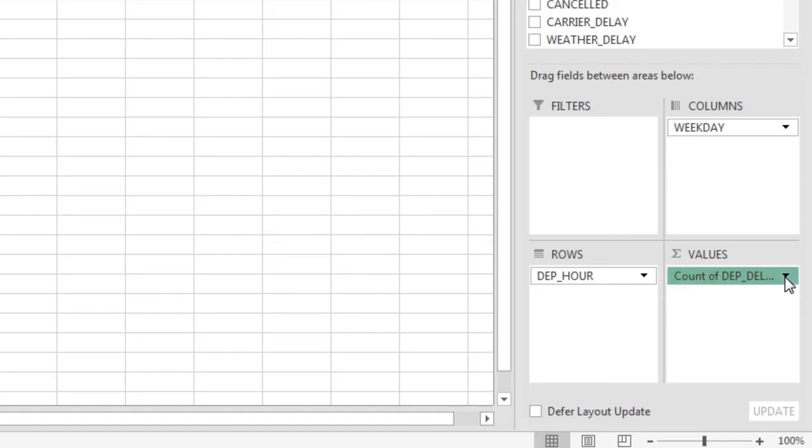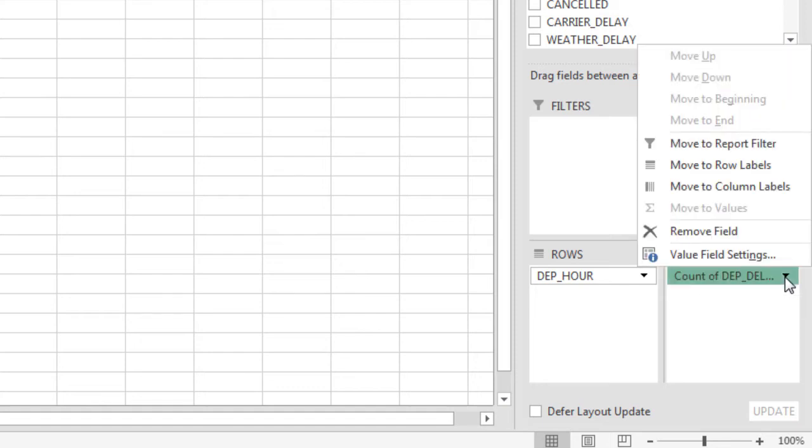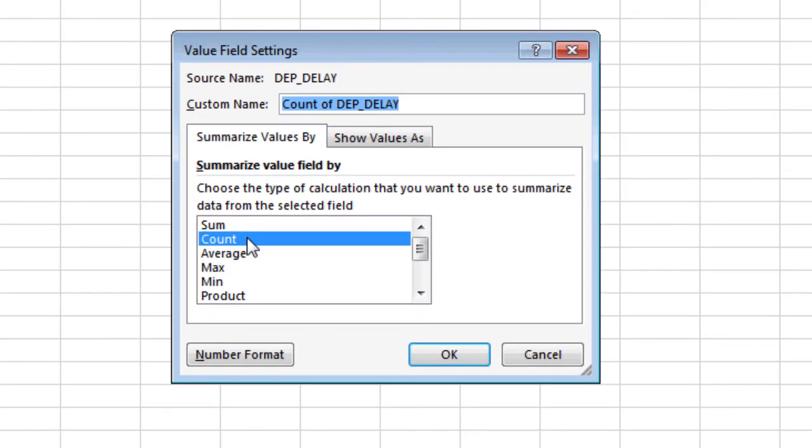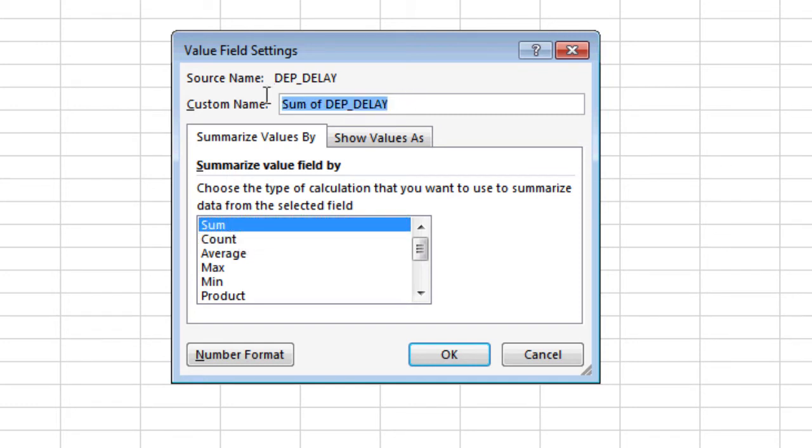I'm going to click on the drop-down arrow on the right side of Count of Departure Delay, select the option for Value Field Settings, and change the descriptive statistic from count to sum. I also want to give it a custom name. I'm going to type Total Delay Min, and actually correctly spell delay to show that we are expressing the total